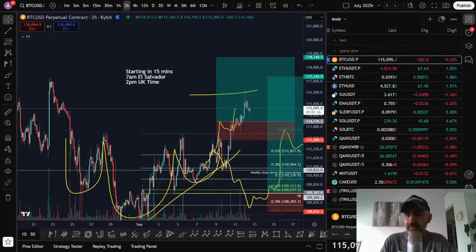6:58 a.m. from San Salvador. I'm in El Salvador. It's kind of cloudy outside, but I can see the sun is coming through the clouds. It's not really heavy clouds. It's kind of very light clouds, and it's almost 2 p.m.